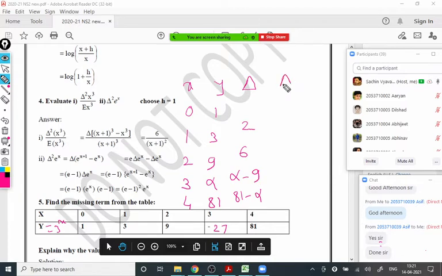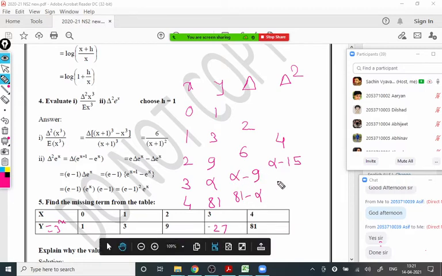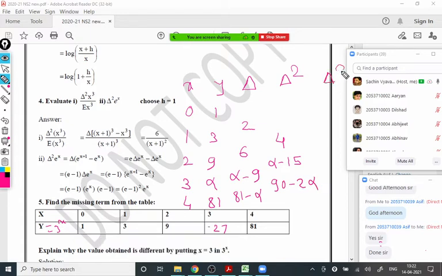Now I will write the second order differences, delta square. 6 minus 2 is 4. Alpha minus 9 minus 6 is alpha minus 15, and 81 minus alpha minus alpha minus 9 gives 90 minus 2 alpha. Then the delta cube, third order difference: alpha minus 19, and 90 plus alpha minus 15 gives 105 minus 3 alpha. And lastly delta 4, which is this minus that, so 105 plus 19, I think it is 124,